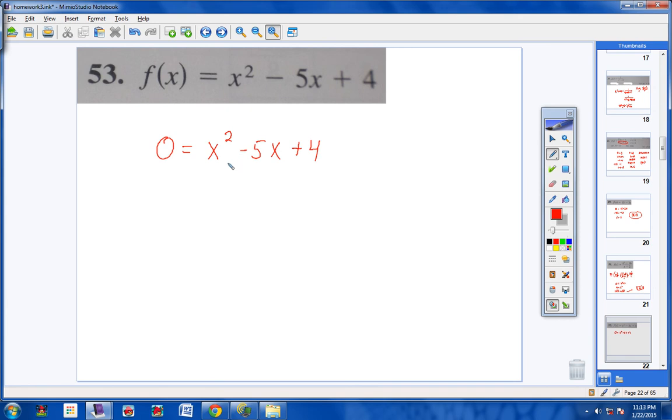What two numbers when multiplied together give you 4, and when added together give you negative 5? Well, negative 4, negative 1. If you multiply those, you get positive 4. And if you add those, you get negative 5. So 0 equals x minus 4,